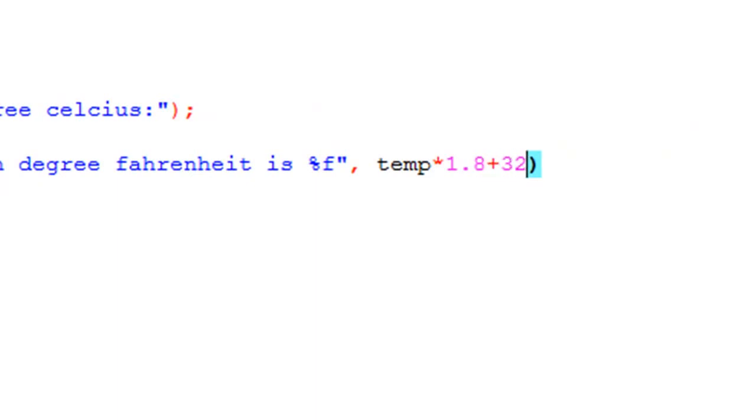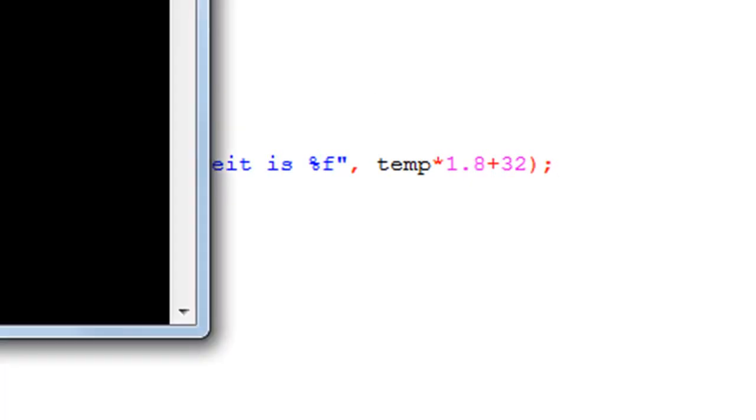So we'll have to multiply temp with 1.8, and then we have to add 32, and we don't have to put this thing in parentheses because we know that the addition operator anyway doesn't enjoy a greater priority than the multiplication operator. So this sub expression would be evaluated before the addition is performed anyway, so we don't have to use parentheses here. Put a semicolon to terminate this statement, and I'll click on build and run to see the output, and